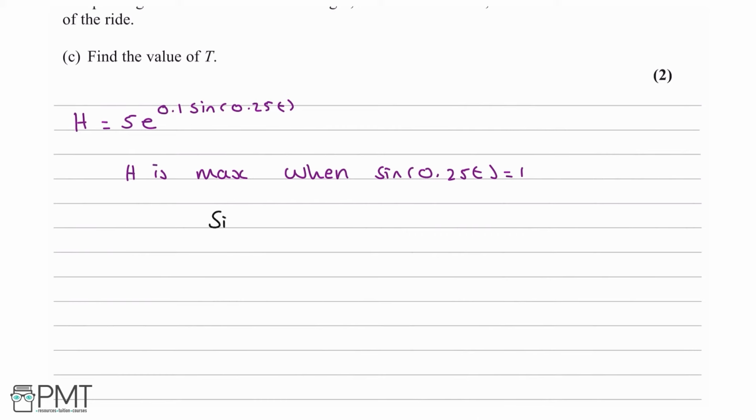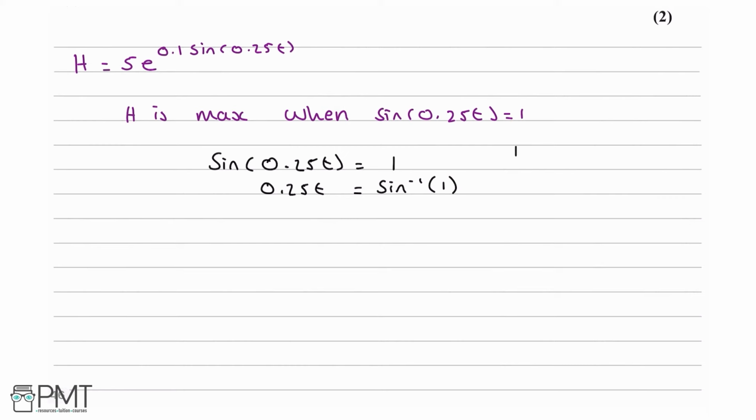This means we need sine of 0.25t equals 1, so 0.25t equals the inverse sine of 1. And to find what these values are, I'm going to draw a quick sine curve like this,